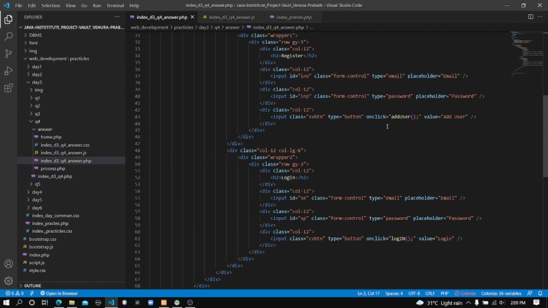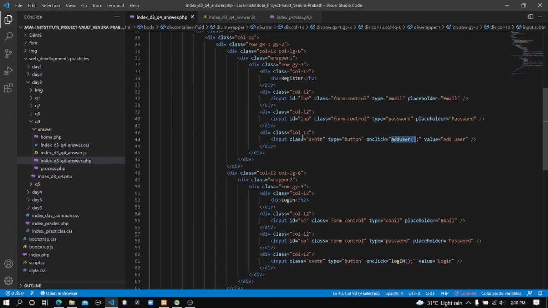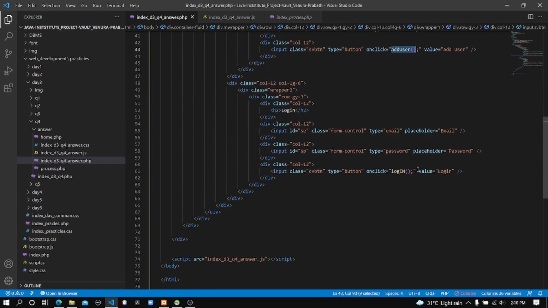That's what the onClick attribute does, and here is the function which will execute when someone clicks on the add user button in registration part, and here when someone clicks on the login button, it will execute the JavaScript function called login.